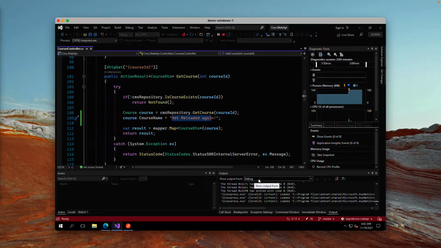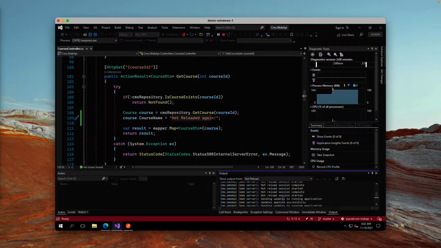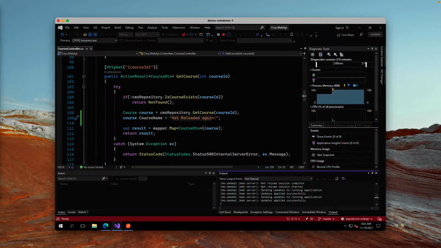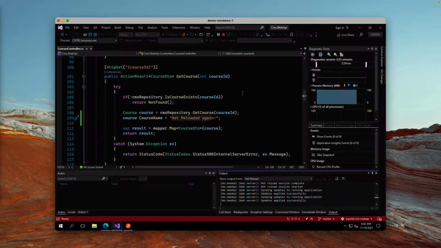Moreover, in the output screen, you can see one new entry called hot reload. That is going to show you the set of commands that happens whenever the hot reload gets triggered. Once done, if you go and hit it again, it's going to show the course name as hot reloaded again. So this way you can use both the CLI as well as the Visual Studio IDE to trigger the hot reload